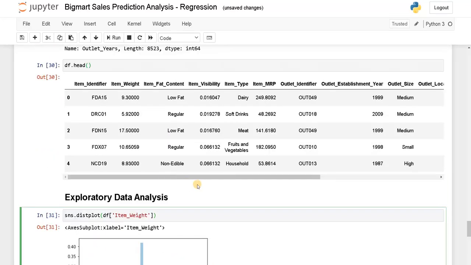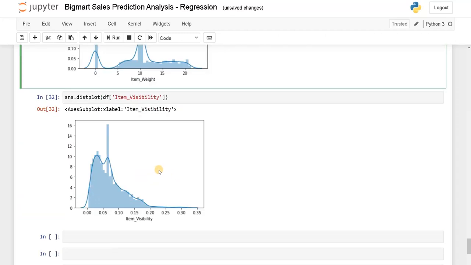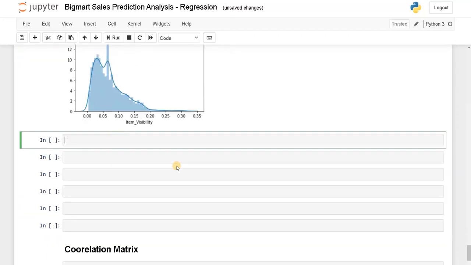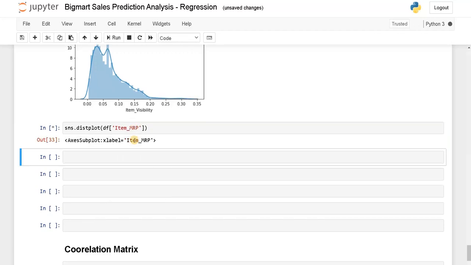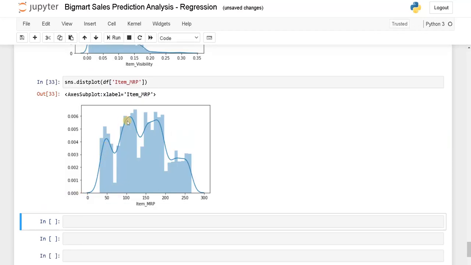Next one is item MRP. Again, item MRP. So the price of the item ranges from around 30 to 260 or 270. So the price ranges across different categories. You can also create a new category from this.